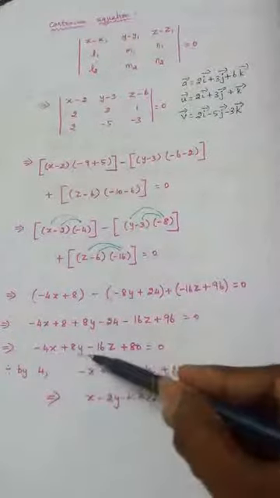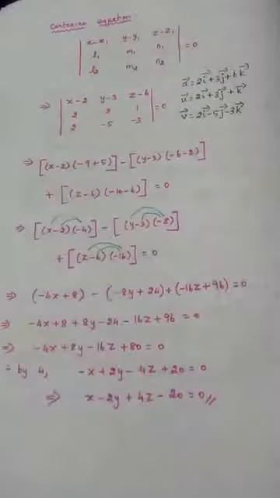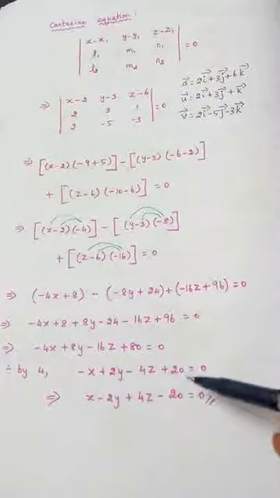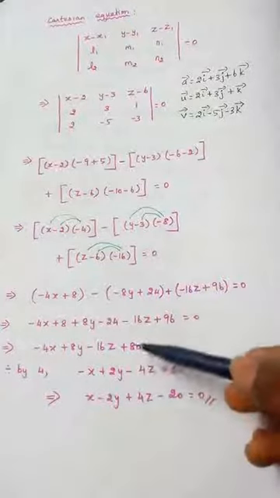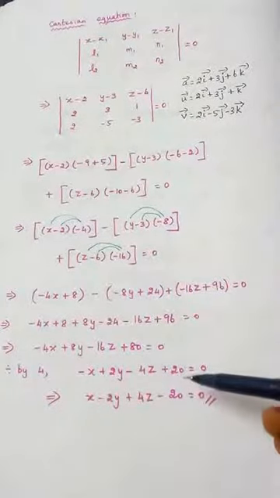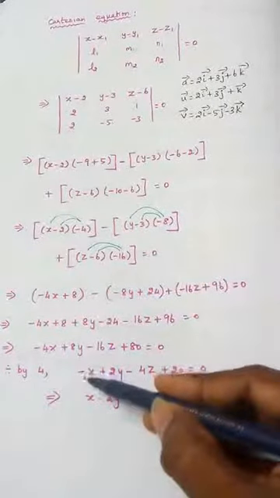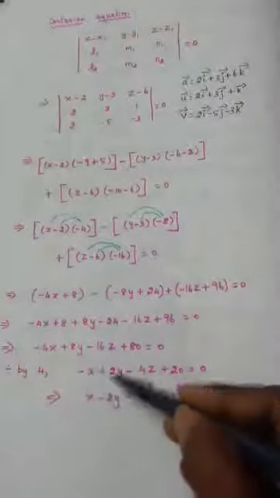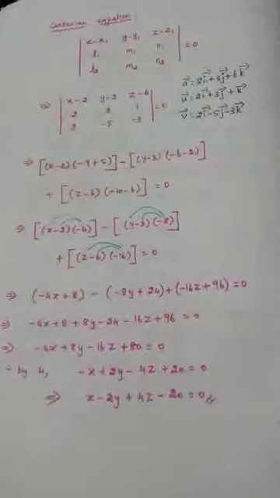Now if I see this, all the terms are such that I can divide all the terms by 4. So dividing by 4, we are getting this step. 4 becomes 1, 8 becomes 2, 16 becomes 4, 80 will turn to 20. Since the first term carries a minus symbol, usually what we will do is change the symbol for all the terms. So x minus 2y plus 4z minus 20 equal to 0 is the Cartesian form.